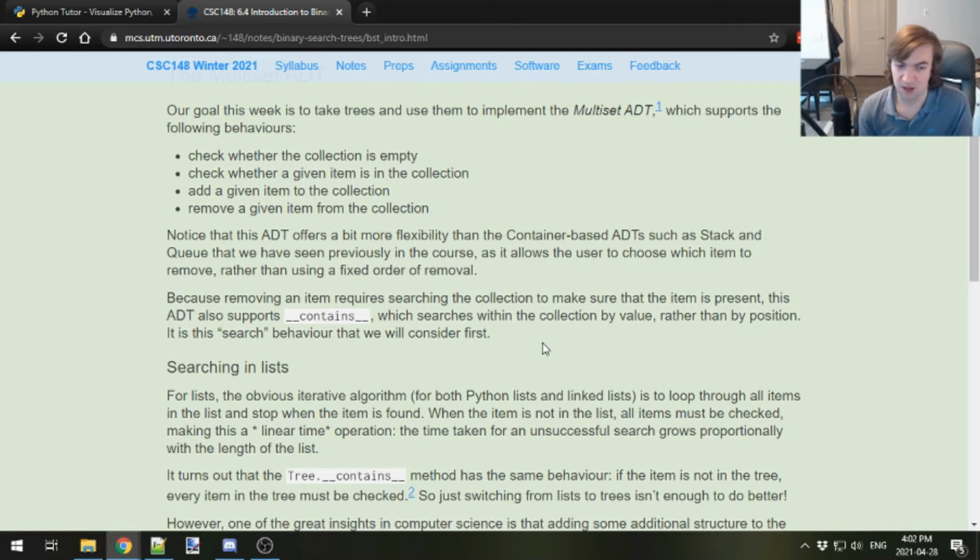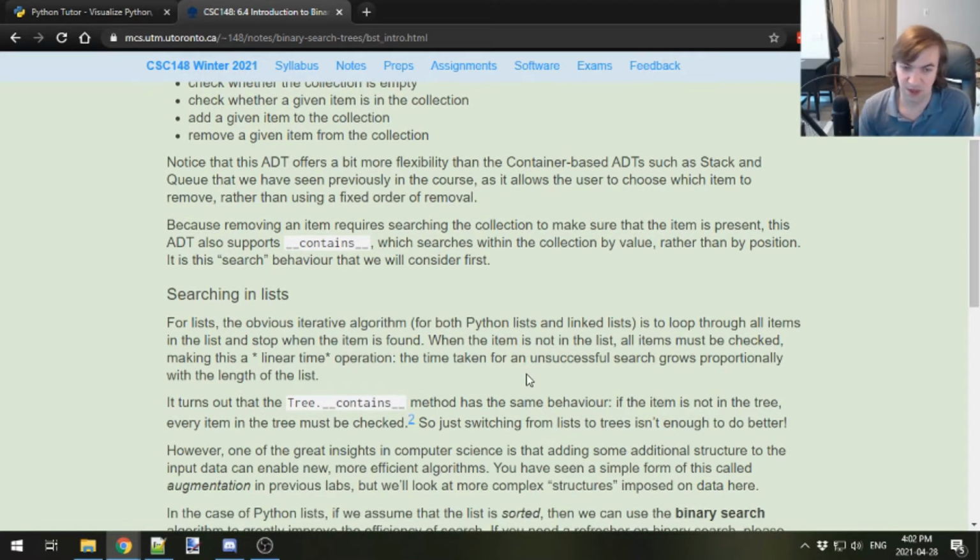With tree contains, we have kind of the same behavior, right? If the item is not in the tree, you have to check everything in the tree because it could be anywhere. So switching from a list to a tree doesn't really make any difference here. However, one of the benefits and things that we note in computer science is that adding additional structures to data can enable new algorithms that are more efficient. This is called augmentation, making a change purposefully so that we can improve some other behavior that we're interested in